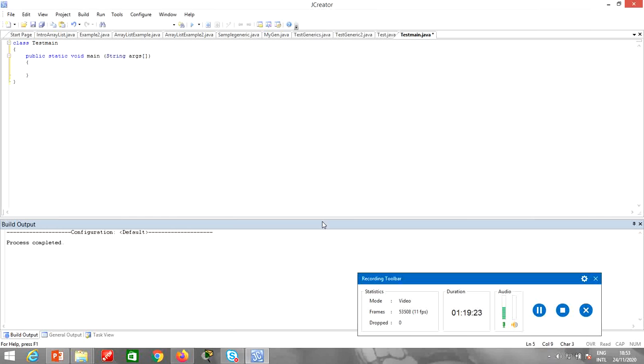Now what will I do? I'll make a Test, and what do I want? Let me pass one as a string value, another as an integer value. Integer, and the object name is obj, equals to